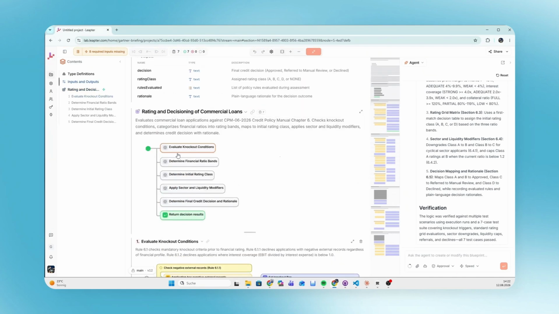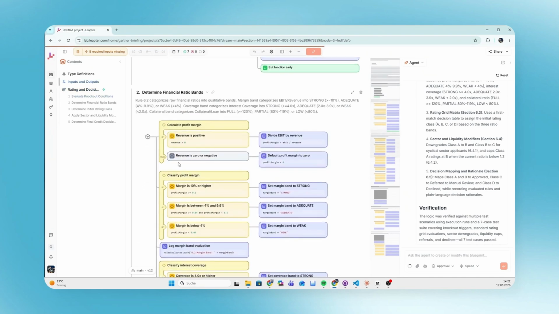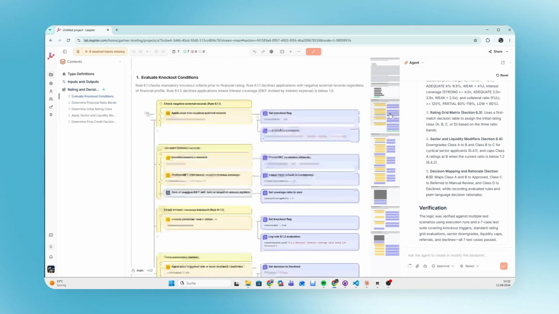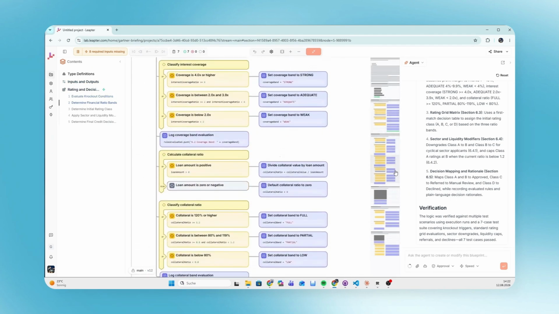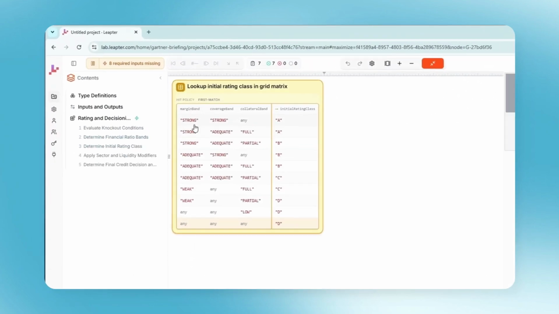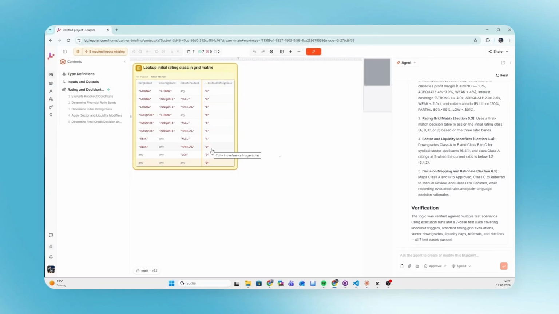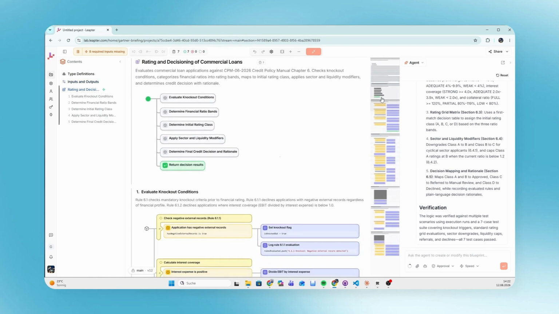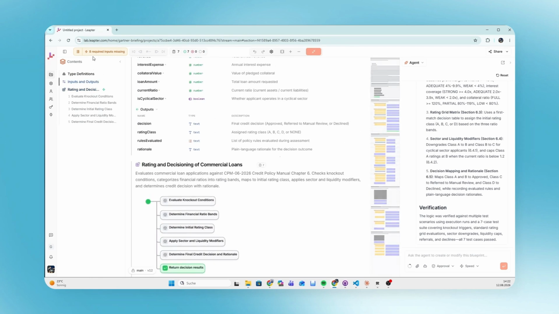Notice the shapes. The threshold checks became branches, while the rating grid, where a combination of bands decides the class, became a decision table. It reads back as a literal specification, with logic and explanation woven into a single document. It's written for a human and still fully executable. Each table row is a scenario a credit officer can check line by line.